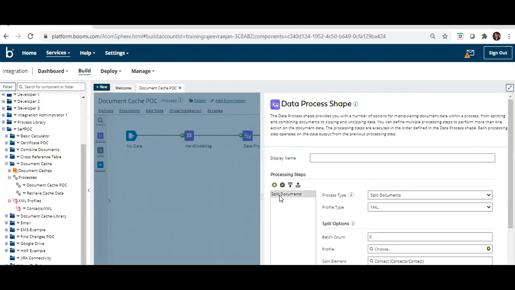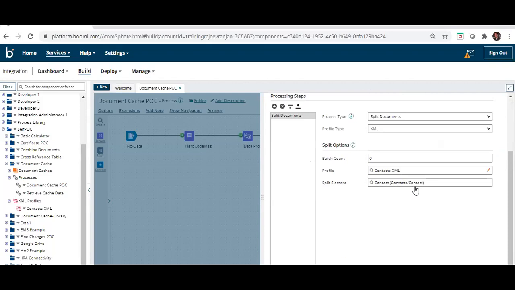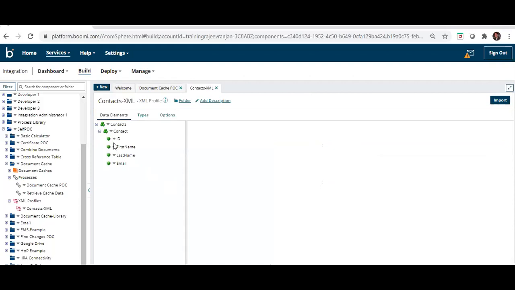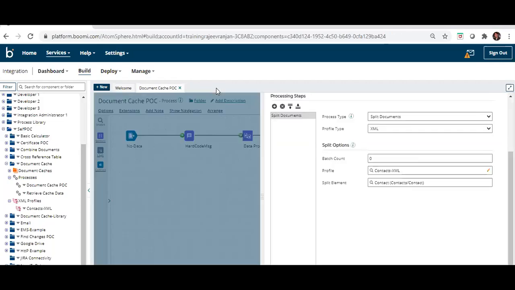In this Data Process step, I am using the processing step Split Documents, on the basis of the contact, looking into the XML profile, which has ID, first name, last name, and email.